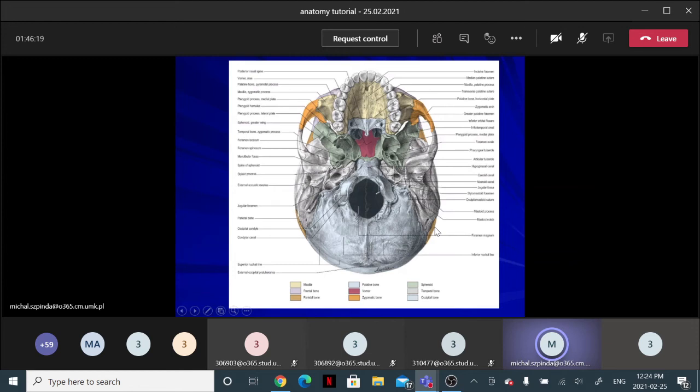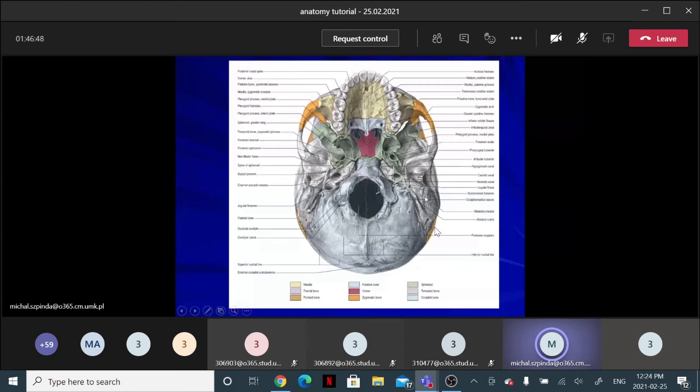So you should remember that the temporal squama is present on both lateral and inferior aspects of the skull. All these things refer to the squamous part, and here are the tympanic part and mastoid part